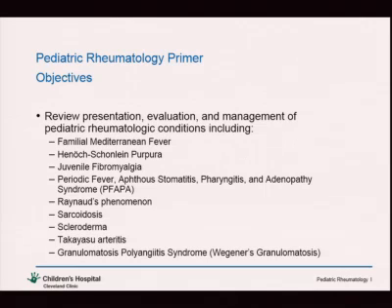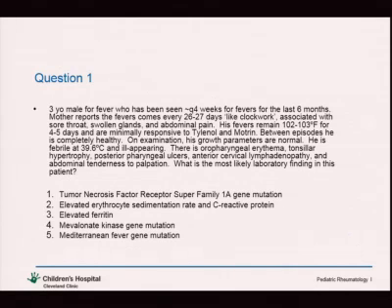So that's one of the ANCA-associated vasculitides, as well as Churg-Strauss disease and something called microscopic polyangiitis. Okay, so question number one: a 3-year-old male with fever has been seen every 4 weeks for fever for the last